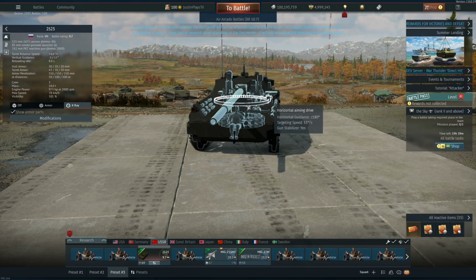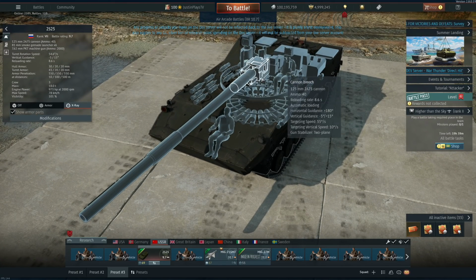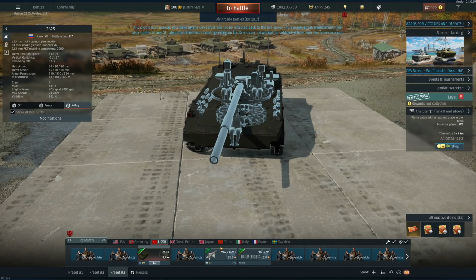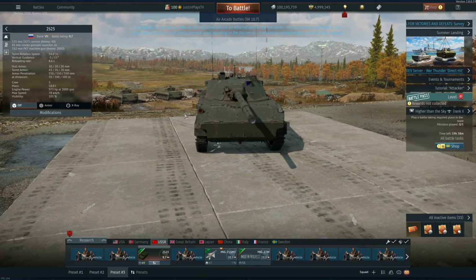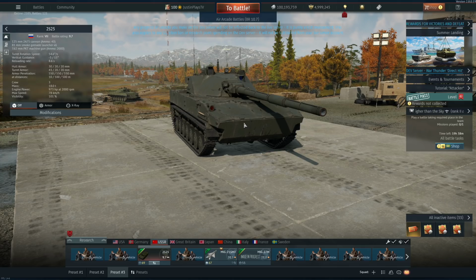Check that out. Actually, where is it? Right here. Is this it? Yeah, 55 degrees of targeting speed, which is really good, but it kind of lacks in the vertical targeting speed of 10 degrees a second going up and down, which is, I guess, kind of a given. It's way better than some of the other Russian tanks, but it's kind of a given for the most part. So keep that in mind when you are playing this, what I like to call a top tier light tank, but